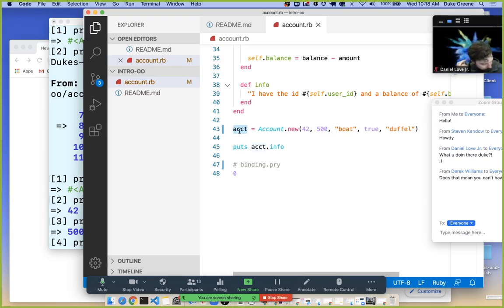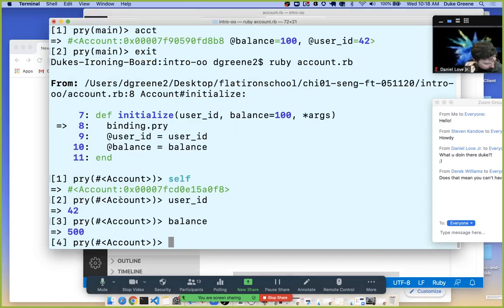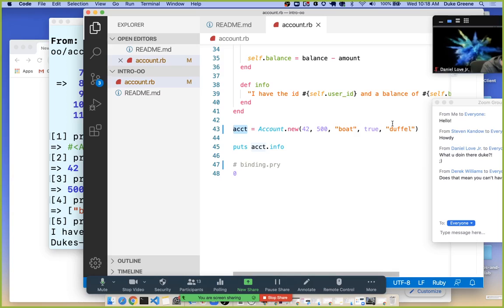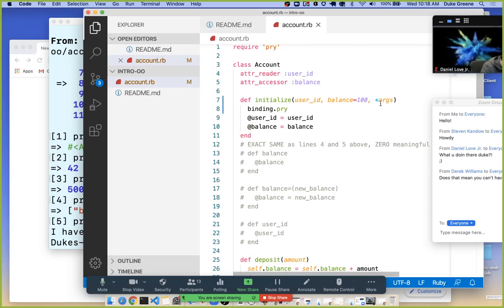When we called self, we're really looking at ACCT, right? And then let's look at what args is. By putting the little asterisk, which we call a splat, in front of the last argument, we're able to take in any number of arguments here. So that's interesting syntax. And then another way that we could try with this is if we do care how many things come in, maybe here we'd say something like,